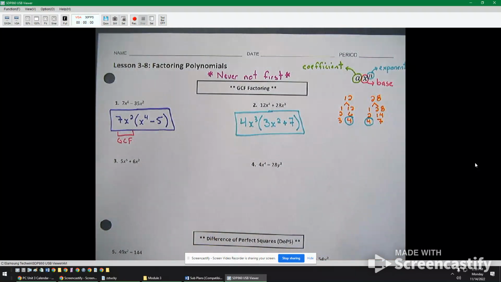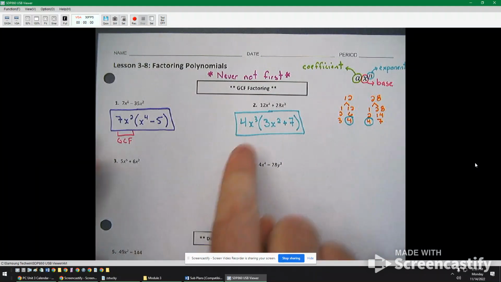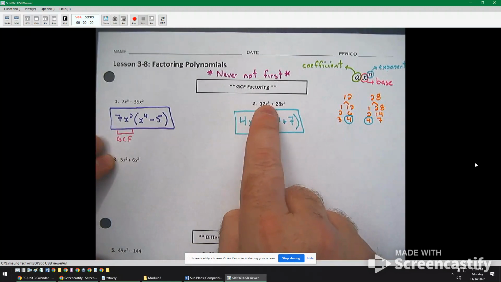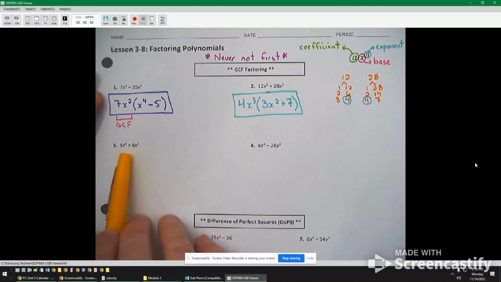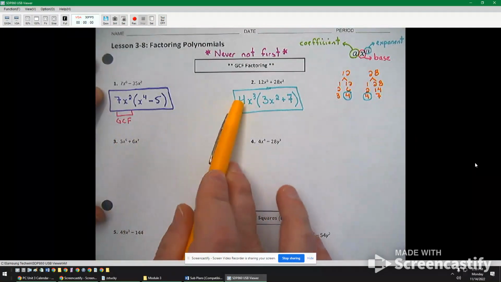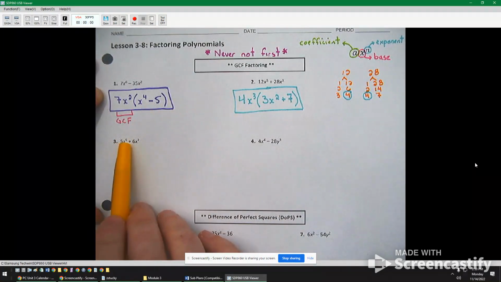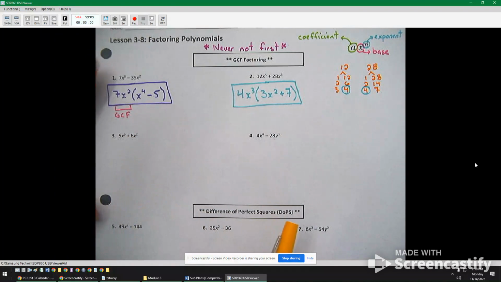Now, what you can do here is you can always just distribute this and see if what you got before, that means that you've done it correctly. So the next 2 examples are just kind of talking about little tricks along the way. If you look here, you don't always have to be able to take out a number, a coefficient. If you look at like 5 and 6, 5 and 6 don't have anything in common. So I can't GCF out